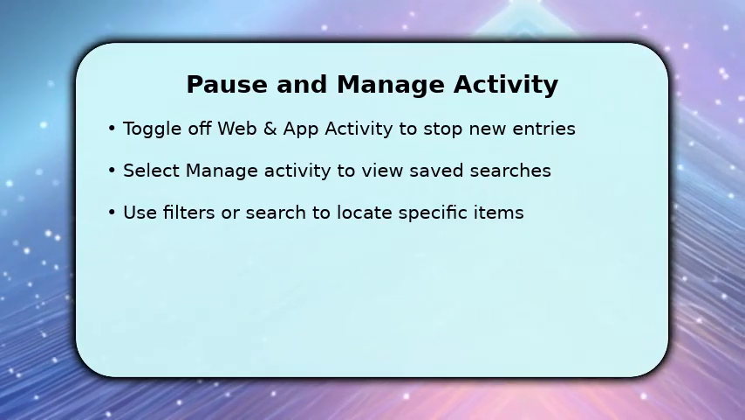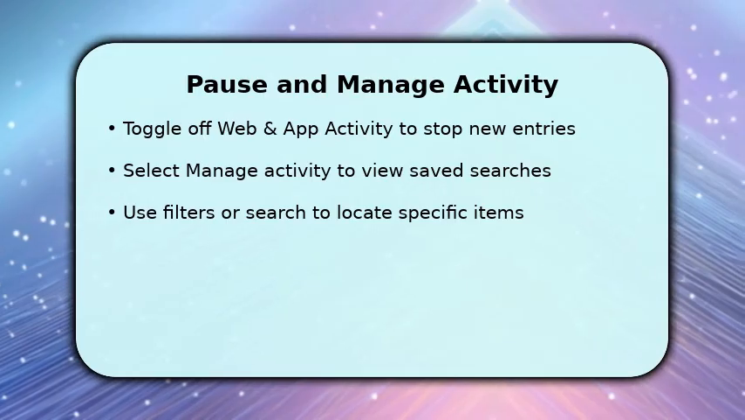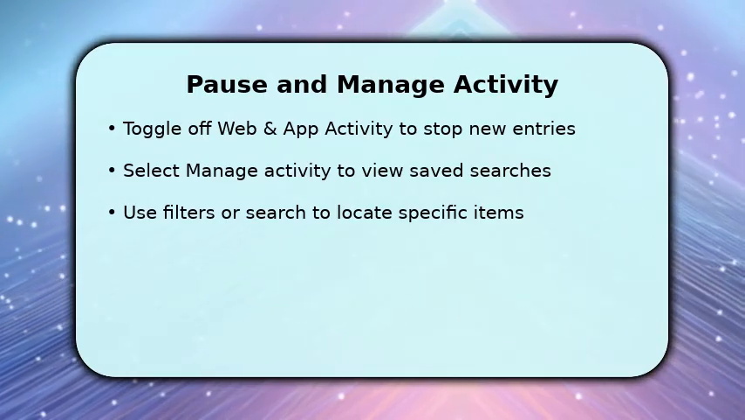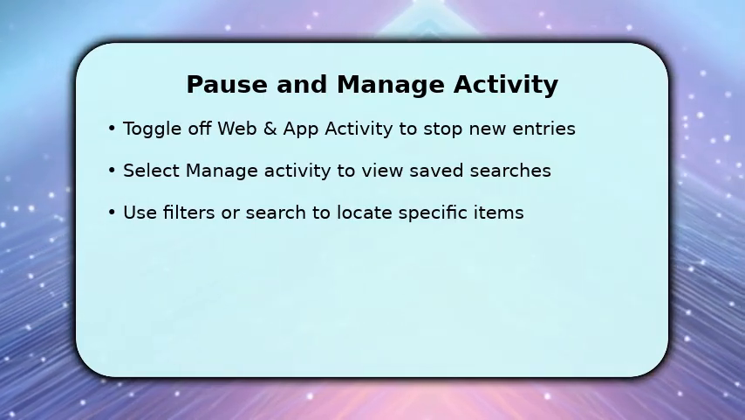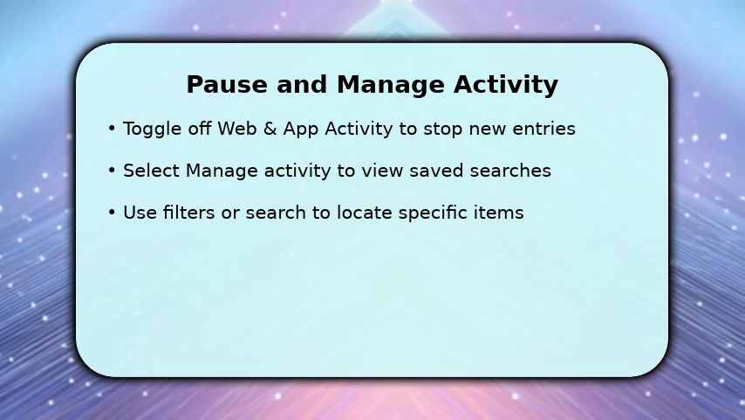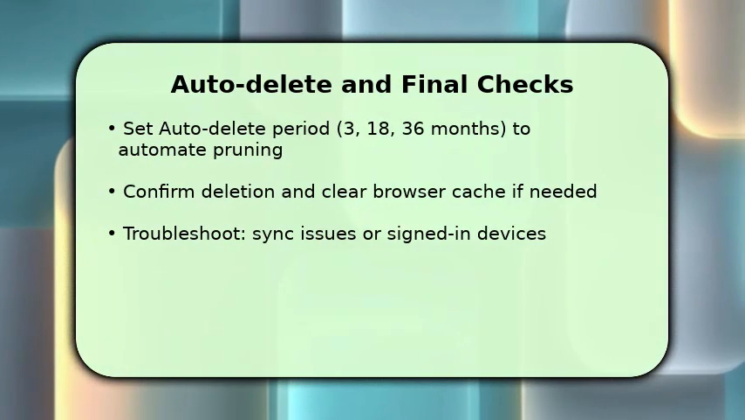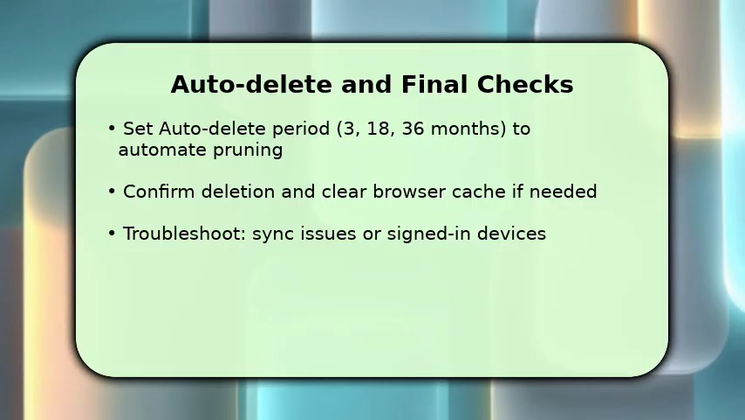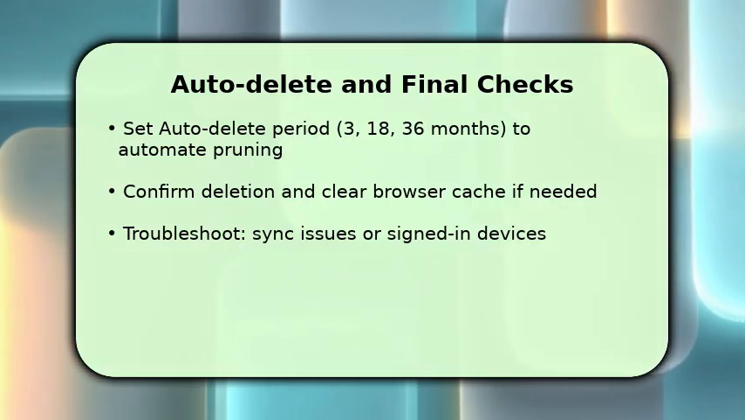To speed cleanup, use Delete All Time or set Auto Delete to remove data older than 3, 18, or 36 months. This automates ongoing cleanup. You finish by enabling Auto Delete with a retention period that suits you, 3, 18, or 36 months, so older